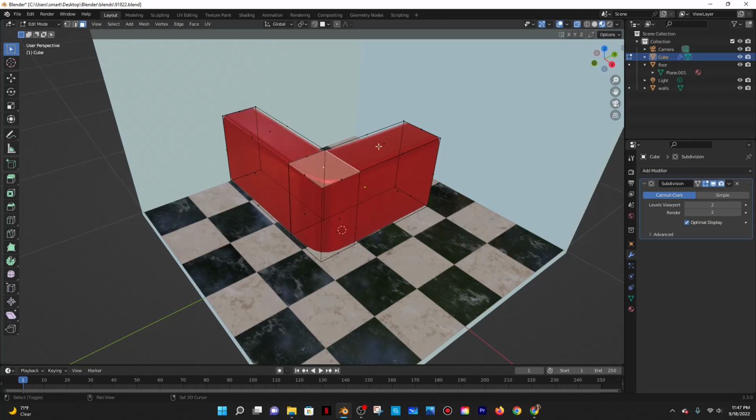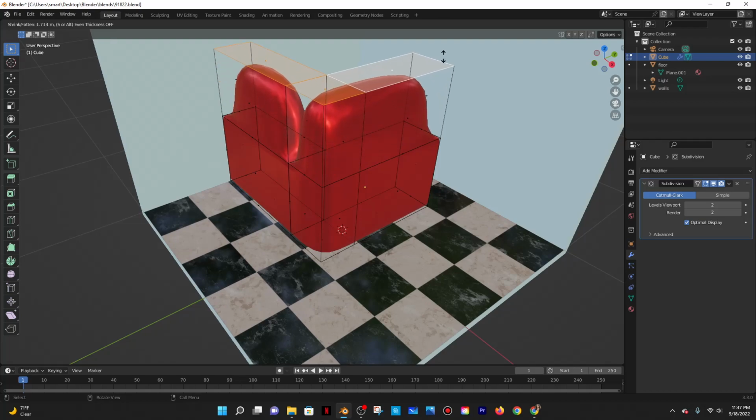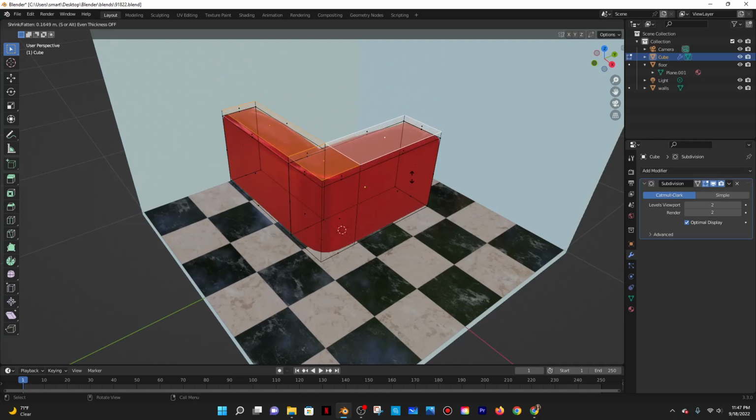And really what I want to do is I want to be able to extrude these edges. So maybe I'll go to edge select instead, or maybe not, I don't even know. Select faces and then Alt E and then extrude face along normals. It's going to look something like that. But I don't want it to be too much. And it's not going to be very